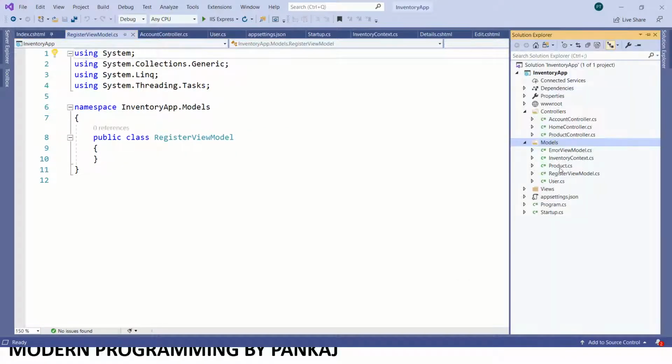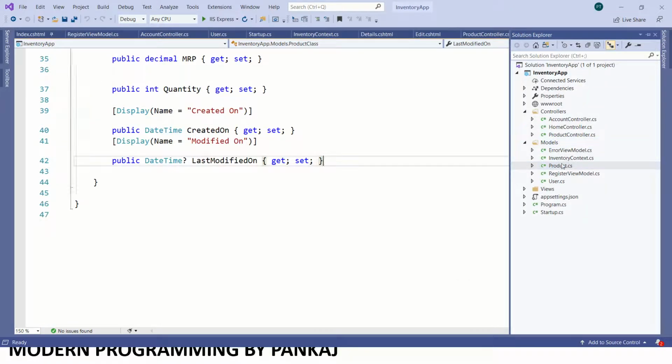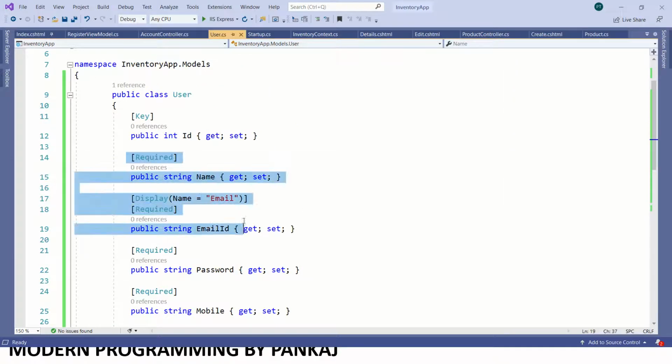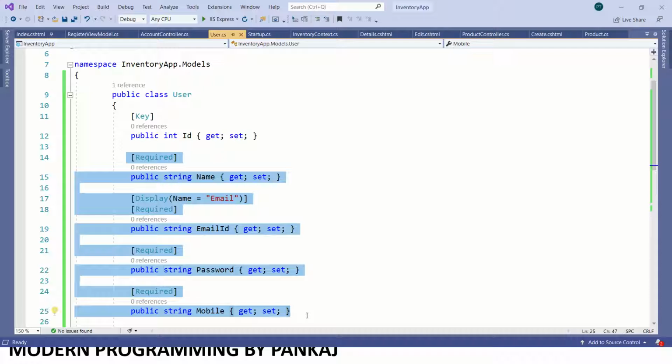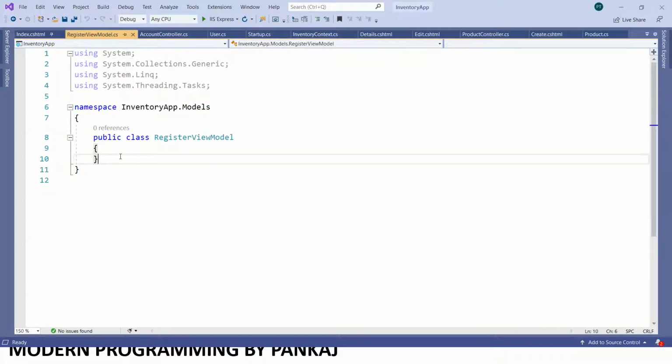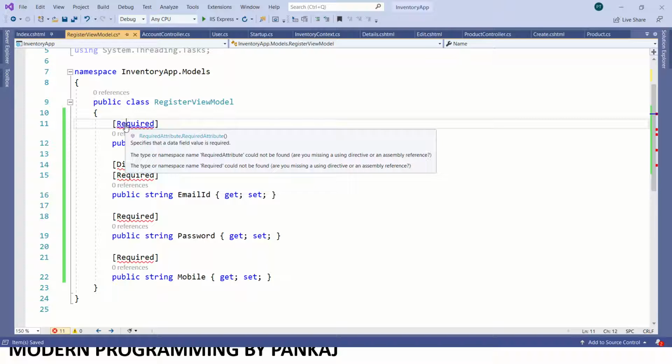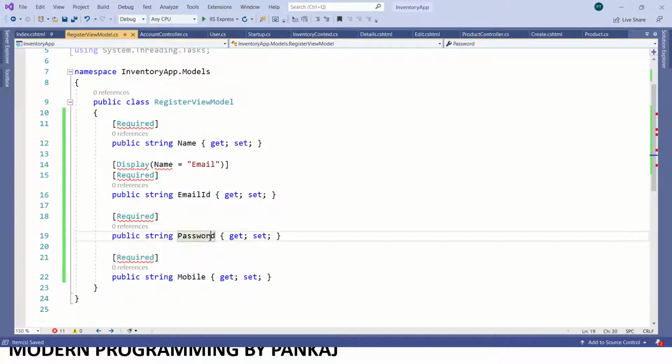It should have only those properties which are going to be used from the UI perspective. So only these properties which we are going to use in our UI: name, email ID, password and mobile. Okay, this is ready now.